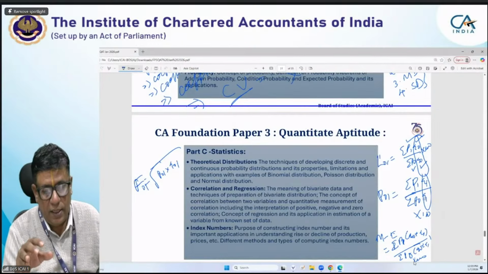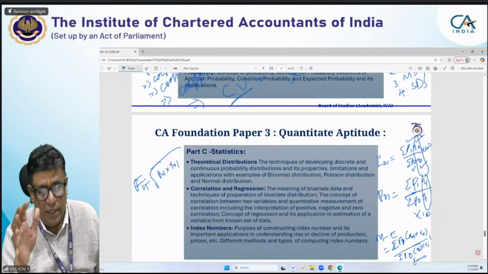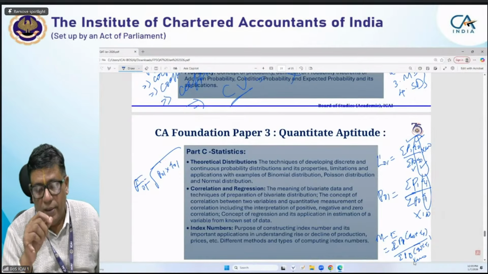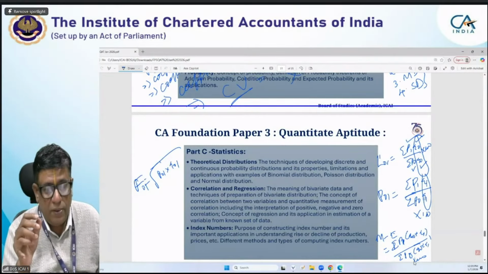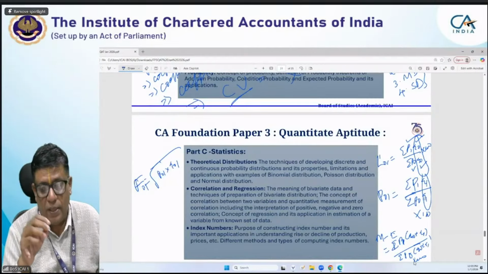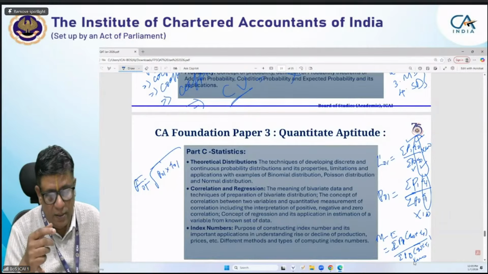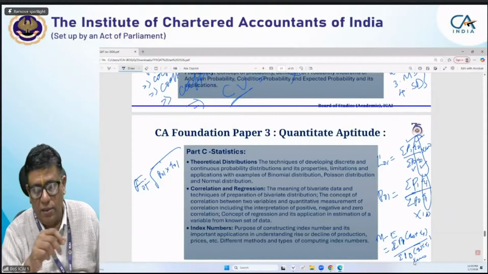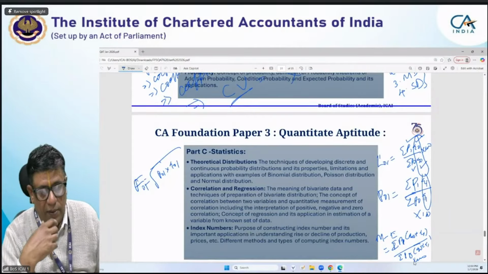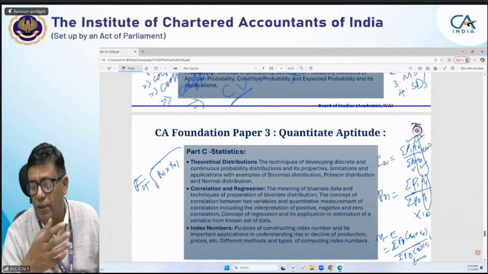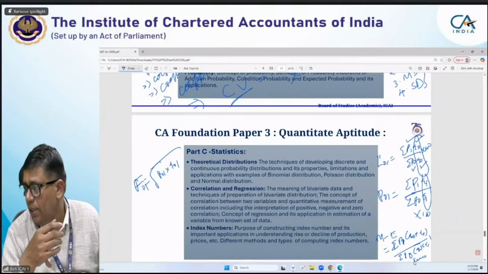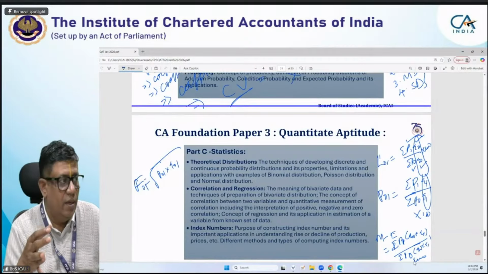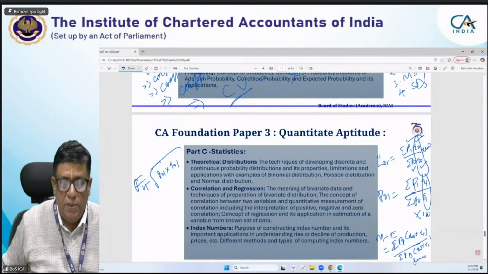From that statistical point of view, the chapters, the 13th and 14th chapters as well as correlation and regression, you will get good marks, that is 30 marks you will be able to get. Apart from that, theoretical distributions and probability are basically formula and logic oriented. Once you understand the logic, you will enjoy the sums, and you will get good marks. This is a very interesting, quite important one from the examination point of view.